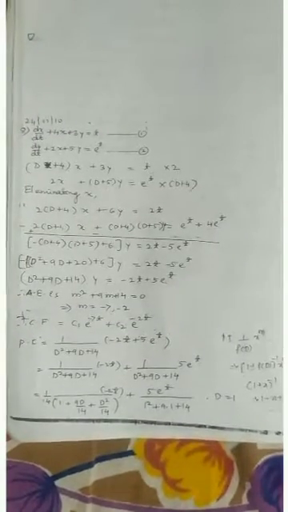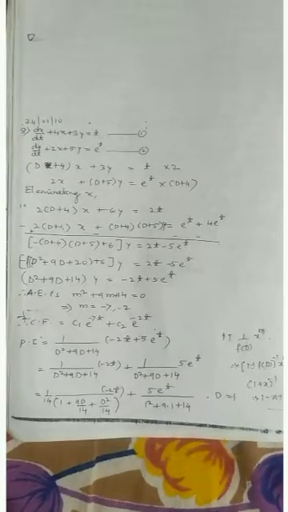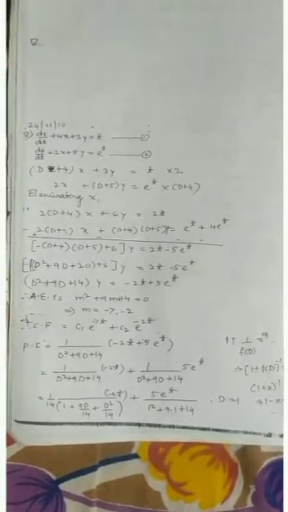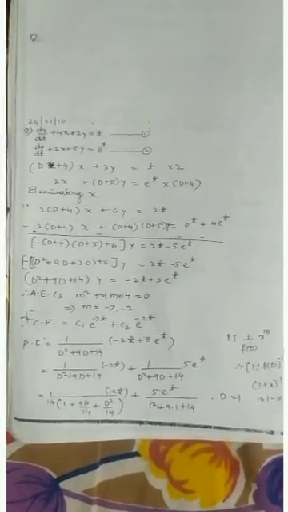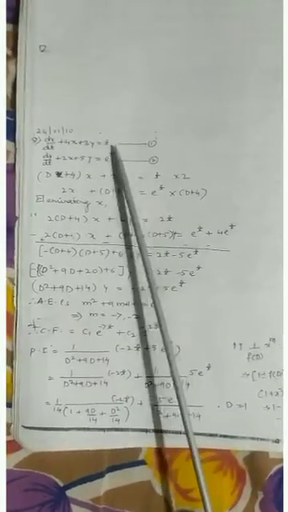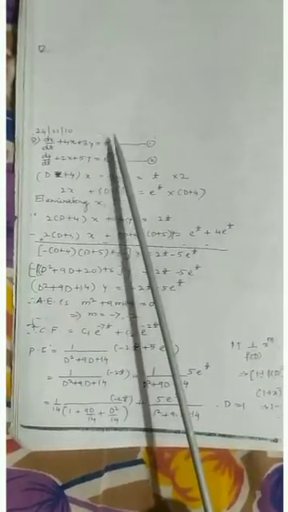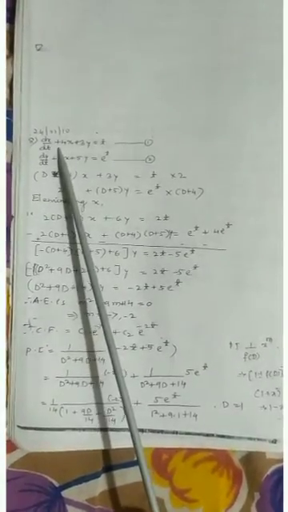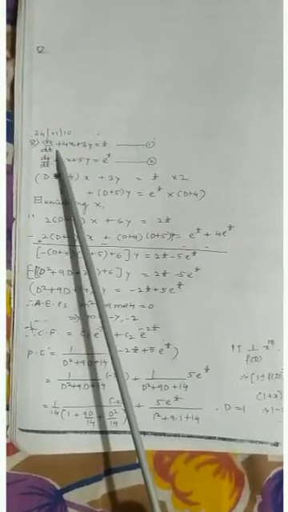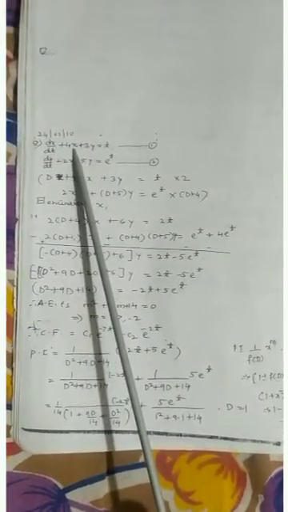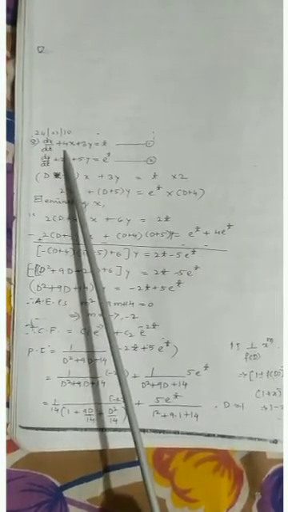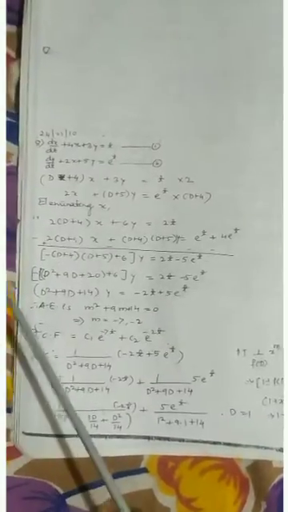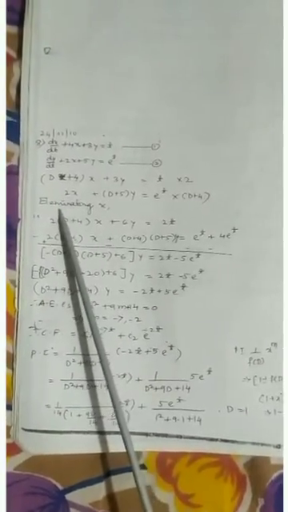Hello everyone. In the previous class we studied the non-homogeneous simultaneous differential equation where the equation contains two derivatives. But here this is also a non-homogeneous simultaneous differential equation, but the equation contains only one derivative of one of the dependent variables. Earlier, each equation contained derivatives of two variables, but here it contains only a single derivative of a variable. Let's see how to solve this type of simultaneous differential equation.